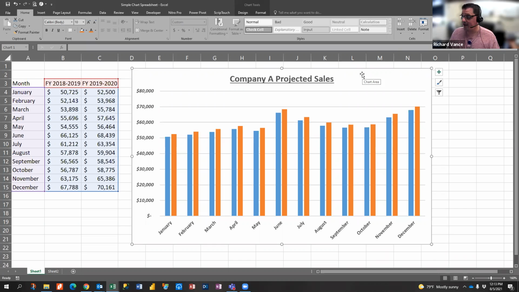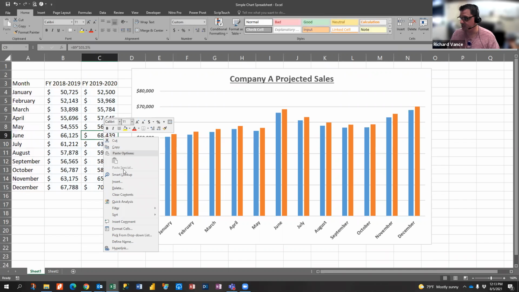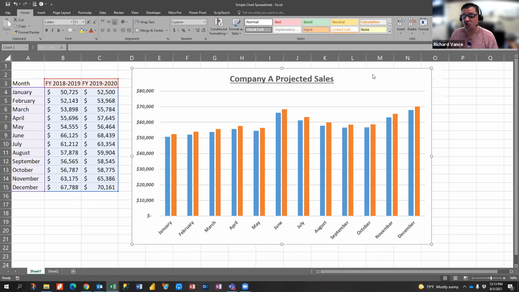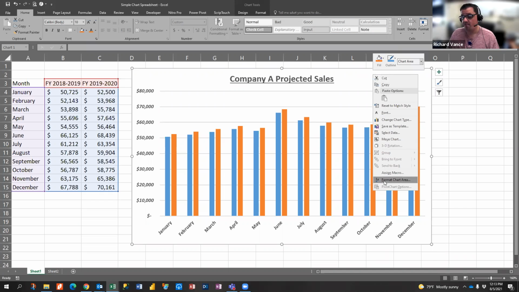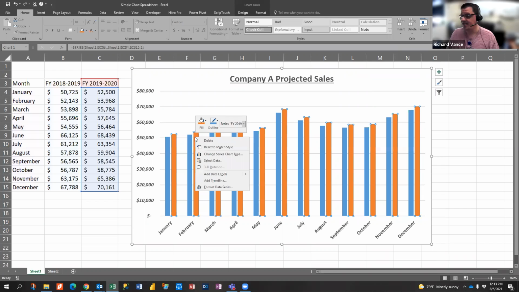When you're right clicking to get a menu, so you guys know the shortcut menu, you right click to do something, right? If you right click in the chart area, your formatting option will be chart area. So it'll say format the chart area. If I happen to be clicking on a bar and want to do that, it's not going to say chart area anymore. It's going to say something else. So it's good that you know the different portions of a chart, because where you click is very vital